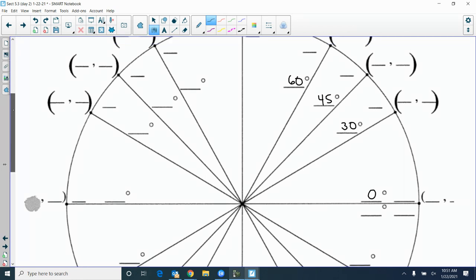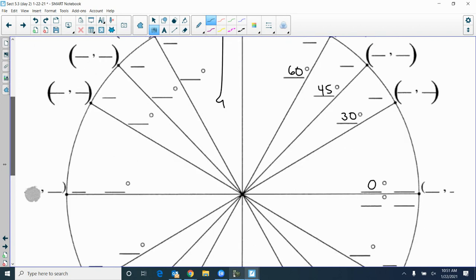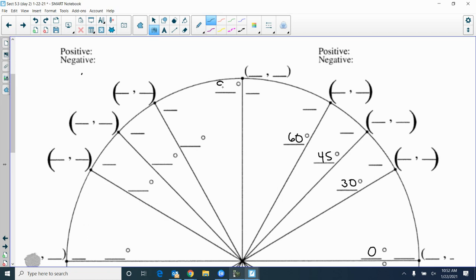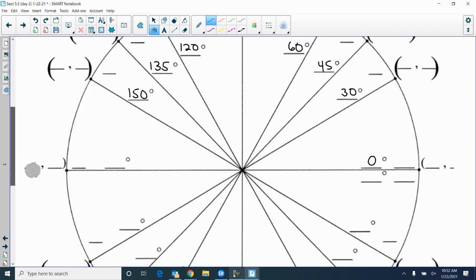And now, at the top, it's going to be 90. And then what's the next one after 90? Okay, go another 30. It's going to be 120, 135, 150. And then we get 180,